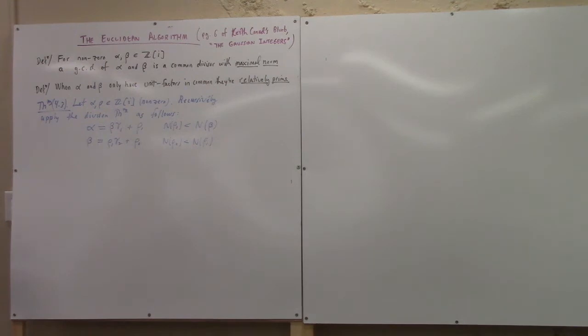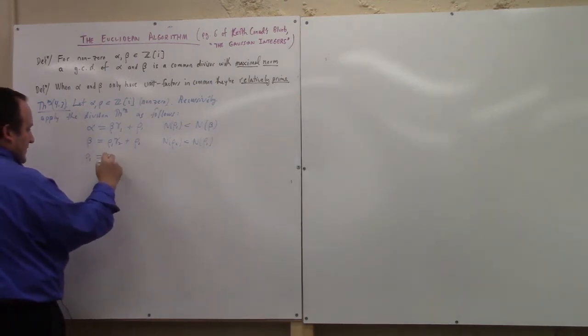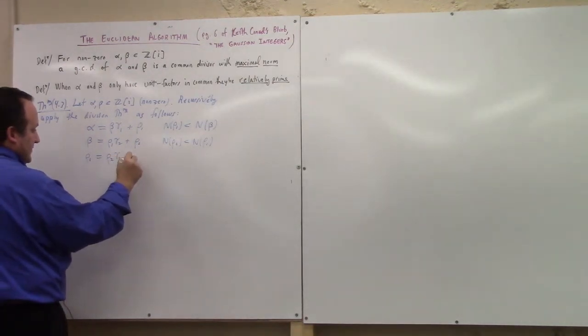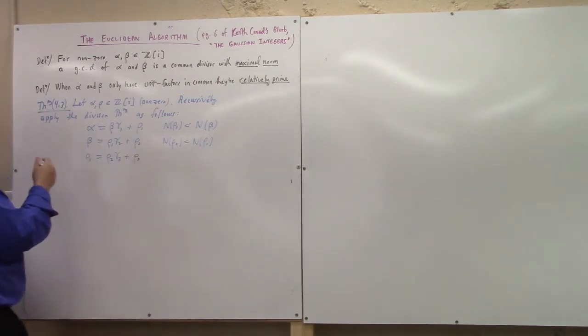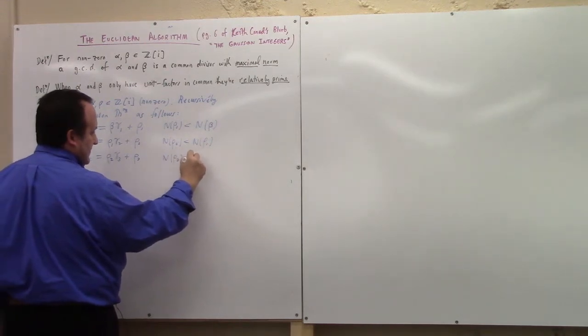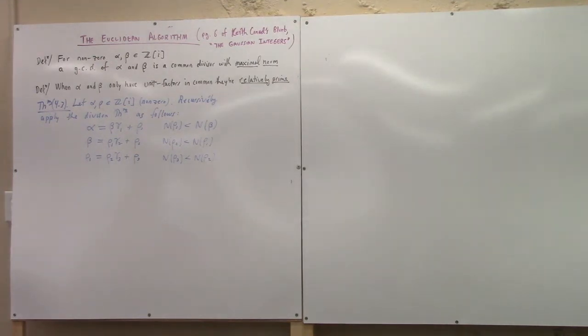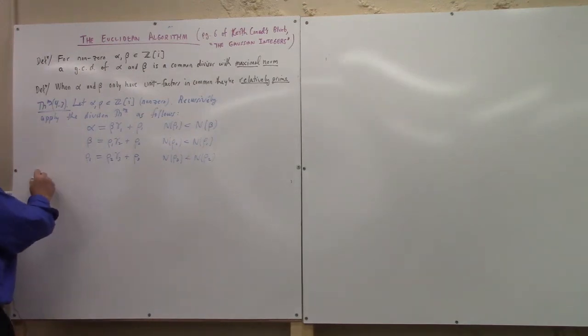Because now the norm of rho 1 is the dividing number here. And then you bring the remainder down, rho 1, and you find a quotient gamma 3, so that gamma 3 times rho 2 plus a remainder rho 3 gives you back rho 1. And of course, the norm of the third remainder has to be less than the norm of the second remainder, right? Now, since the norm is finite, and the norms of these remainders are strictly decreasing with each step, this process must terminate, right? And so eventually,